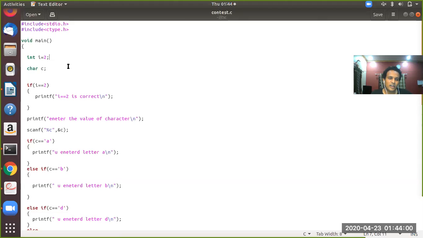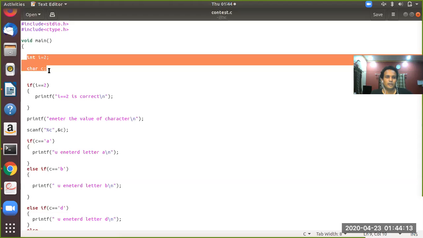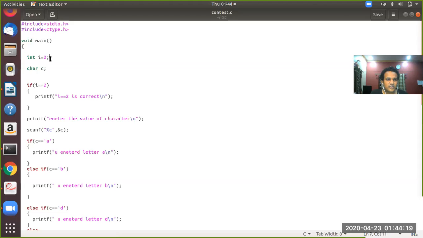Before the actual execution of the program happens, the compiler knows i is equal to 2 and c is equal to nothing, and c is of type char and i is of type integer. So this part will not be executed. It is compiled. There is a difference between compiling and execution. Compiling means these instructions are handled by the compiler. Execution means instructions are sent to the processor and executed.